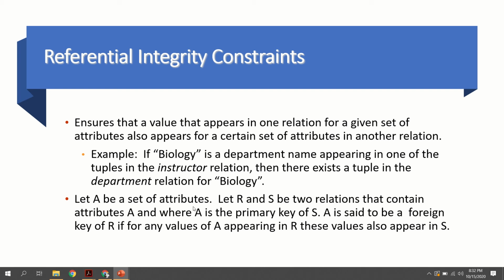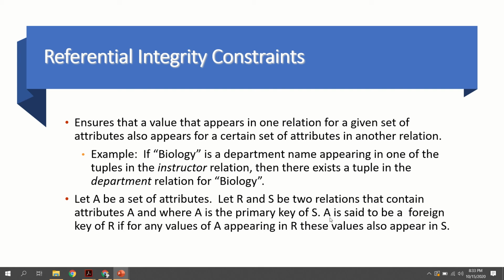Let A be a set of attributes. Let R and S be any two relations, and suppose that these two relations contain the attribute set A. Suppose that A is the primary key of S, and the same set A is also present in R, where it may not be the primary key.